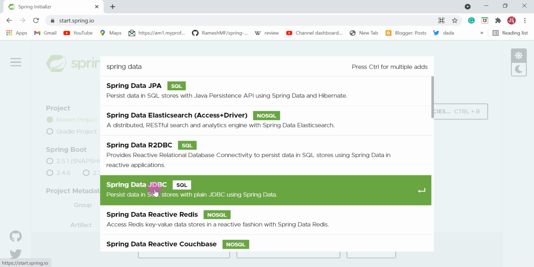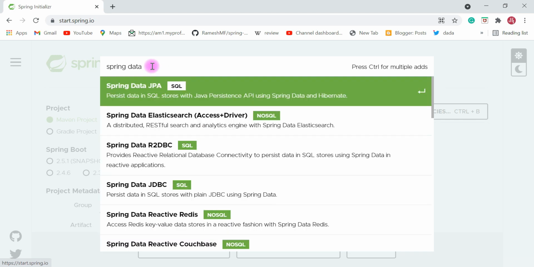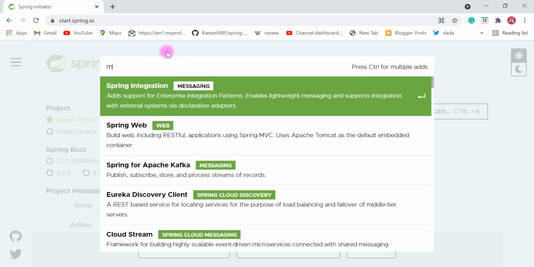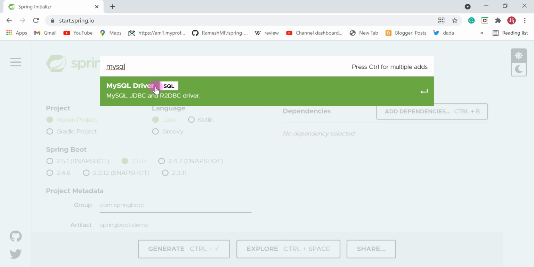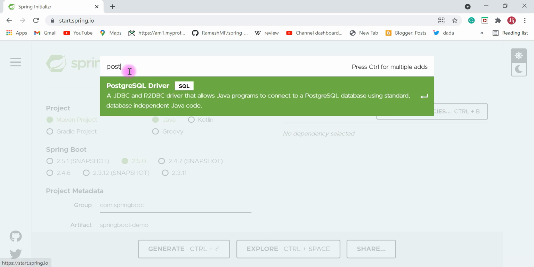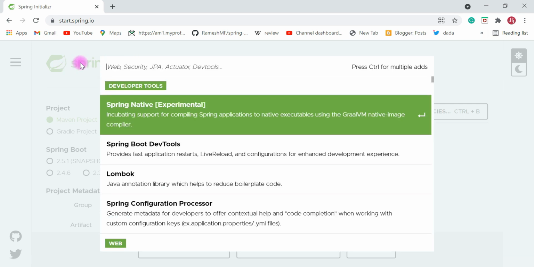Similarly, Spring Data JDBC. And if you want to connect to an external database, for example MySQL server, then you can use the MySQL driver dependency. If you want to connect your Spring Boot application to a PostgreSQL database, then you can use the PostgreSQL driver. Everything is available, so you can choose the Spring Boot starter dependencies, Maven dependencies, as per your requirement.